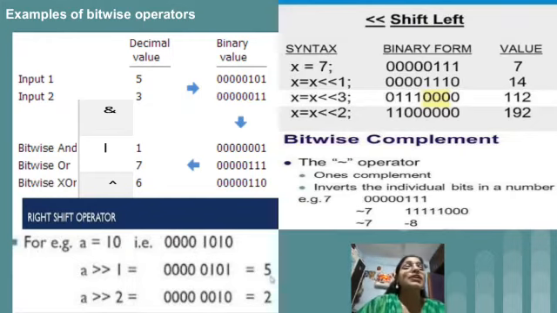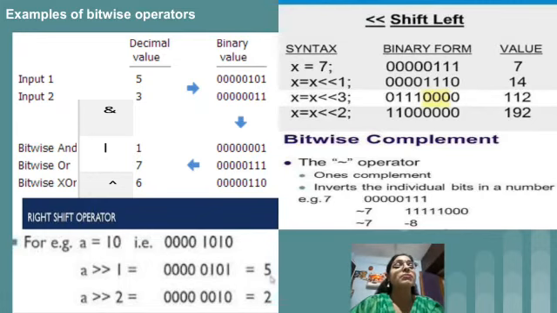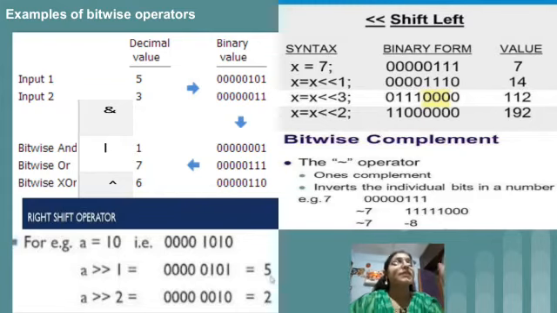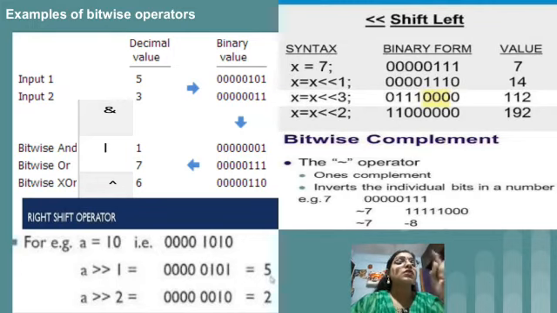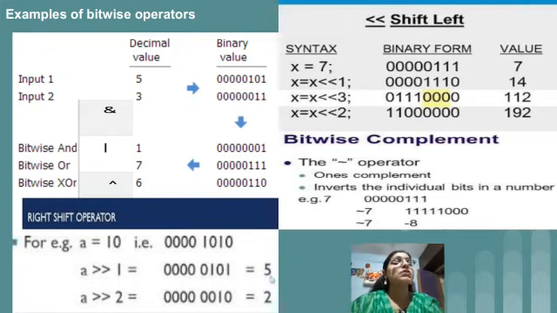After that, XOR. In the case of XOR, how will you remember the table? If we have different inputs, then the output will be 1. And if we have the same inputs, then the output will be 0. So in the logical XOR table, 0 0 gives 0, 1 1 gives 0, and for 0 1 and 1 0 the answer is 1. So for 1 1 we get 0, for 0 1 the answer is 1, for 1 0 the answer is 1, and the others are 0. So 1 1 0 is nothing but the value 6. That is bitwise XOR.